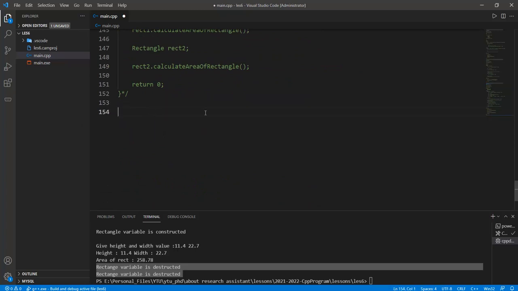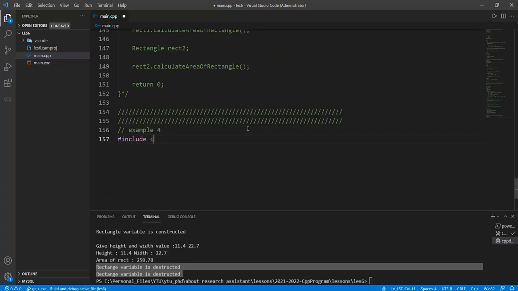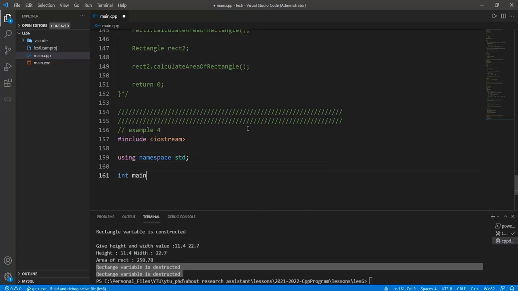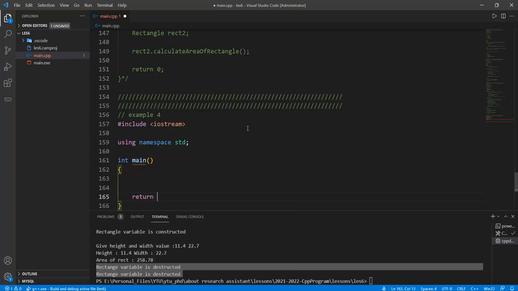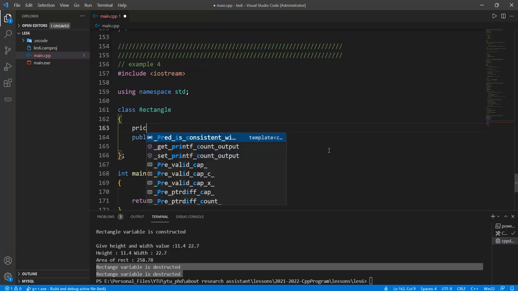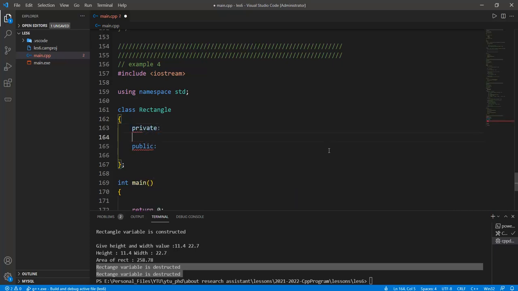In the next sessions we will talk about it. Okay, and also include the iostream, which should be added with using namespace std, int main, and return 0. Okay, and class Rectangle is also given at this time with the definition of the public section and private section. Okay,